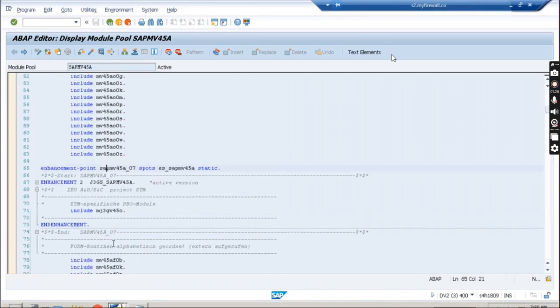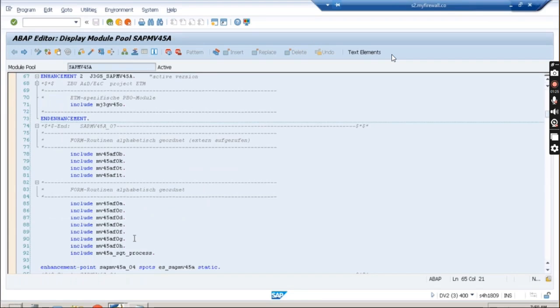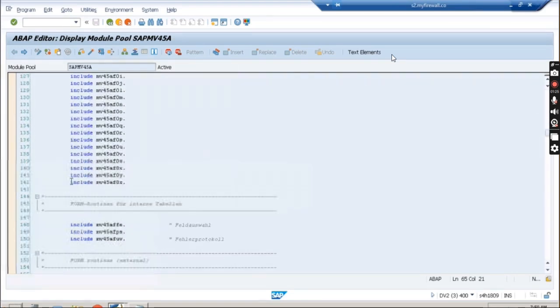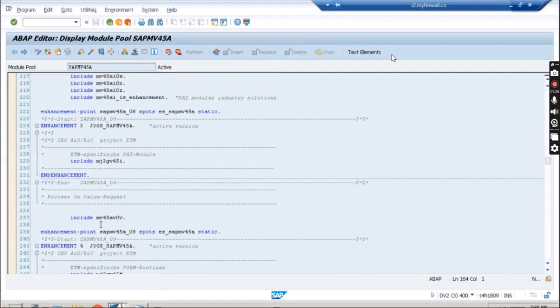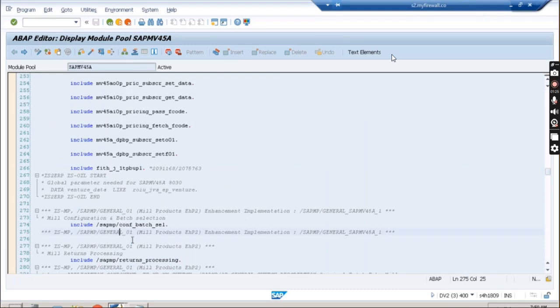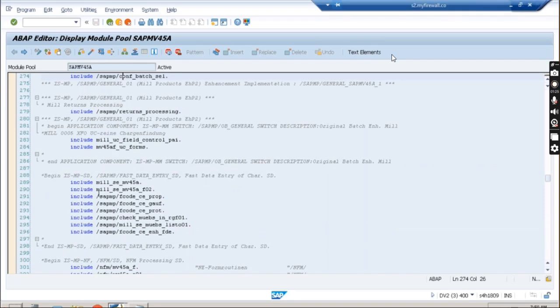Let's talk about the implicit. Implicit means you will not be able to see it over here. You can see that this is a standard program, and you are not able to see it. Then how can you see that? For looking into that, you will have to click on this spiral button. You can see that this spiral button is here. Once you click on this spiral button,